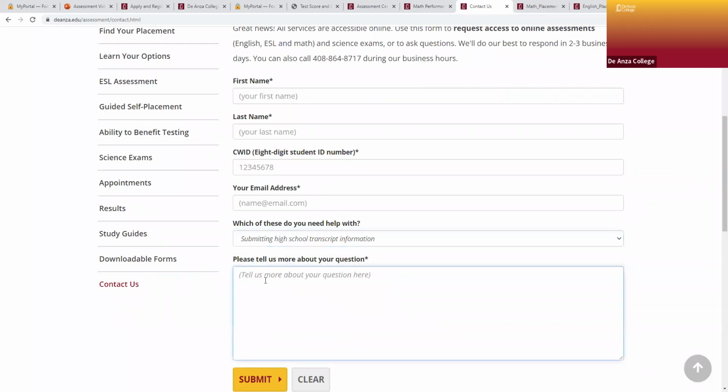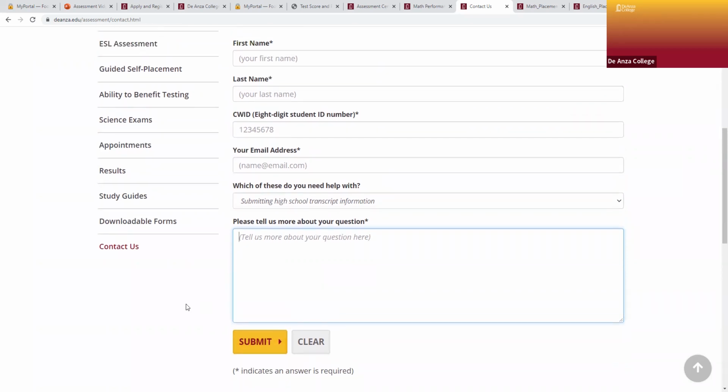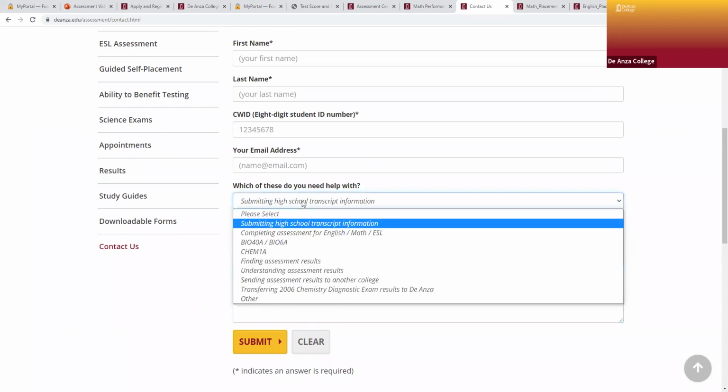Under "please tell us more about your question," you can let the assessment center know that you attended high school in the United States and you need placements for English and math. Then you press submit. If you did not attend high school in the United States, 9th through 11th grade, then